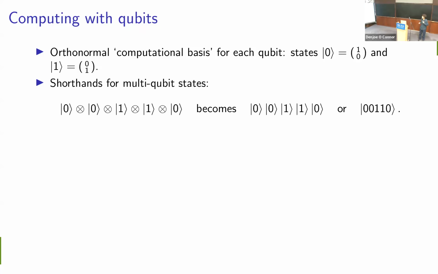I don't think I'd actually write down that many states in this talk, but just to note that, in general, strictly speaking, when we write a state of multiple systems, we should put tensor product symbols in between the different states. So here we've got a state on 5 qubits. The first one is ket 0, the second one is ket 0, the third one's ket 1, and so on. But where there's no space for confusion, we often drop the tensor product symbols, or we even just write everything in a single ket, just to keep things simple.